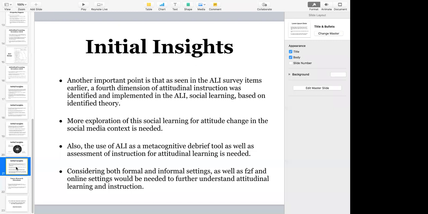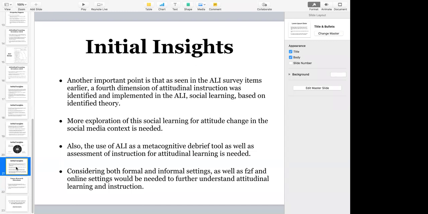Not only students can use it on their own, but instructors as well can use this as a tool at the end of the semester or after they discuss a really important topic that has an attitude change or attitudinal learning component. They can use this as a debrief tool to talk things through with the students. Again, I have students who use these in museum settings or different online course settings,